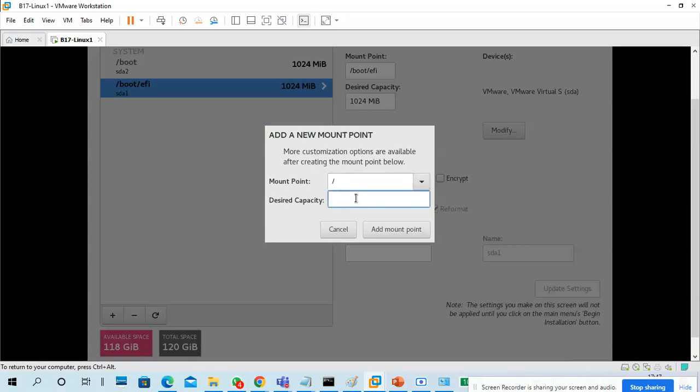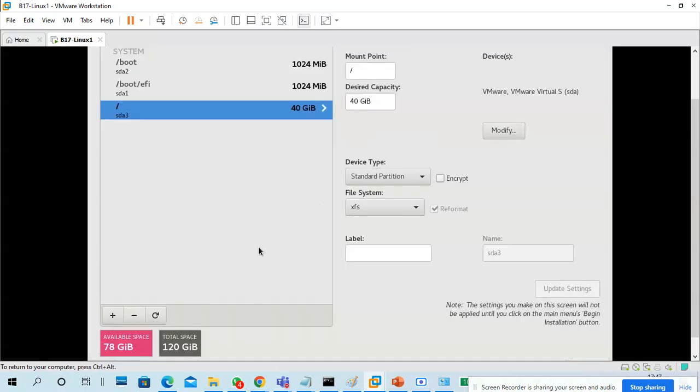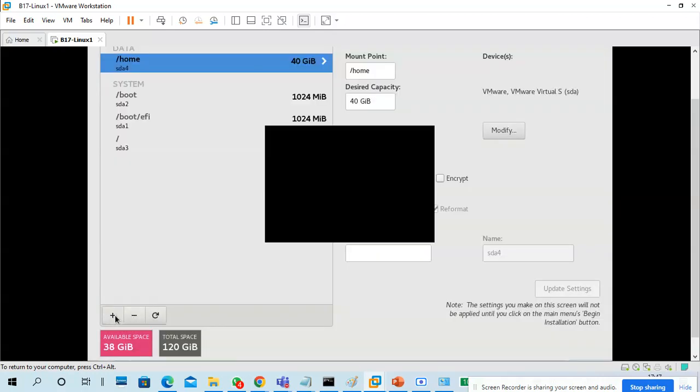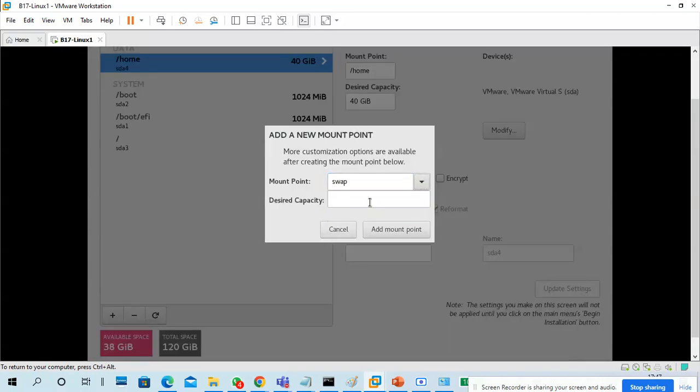Slash, you can use 40, 50, 60 GB also, no problem. I'm using 40. Okay, next I'm going to home, 40 GB. Next swap 4 GB.